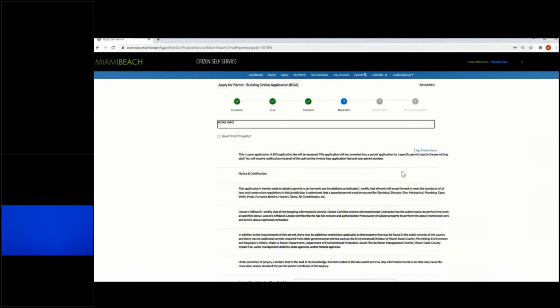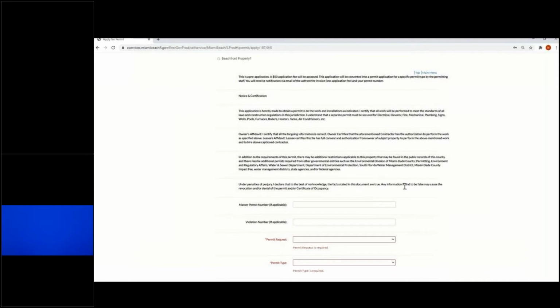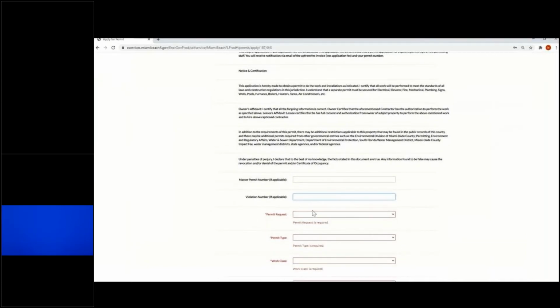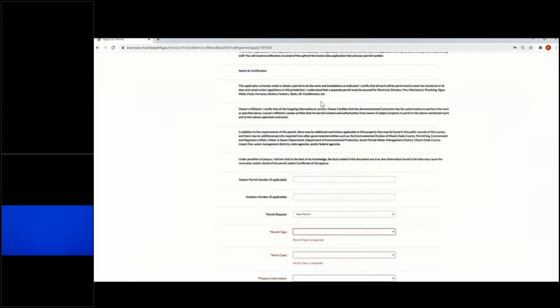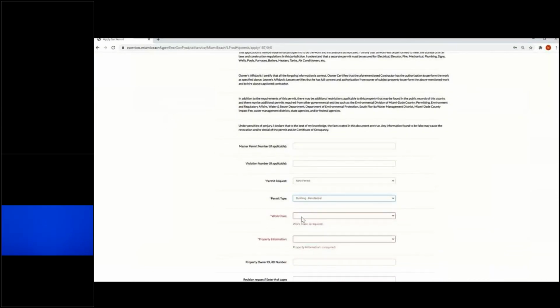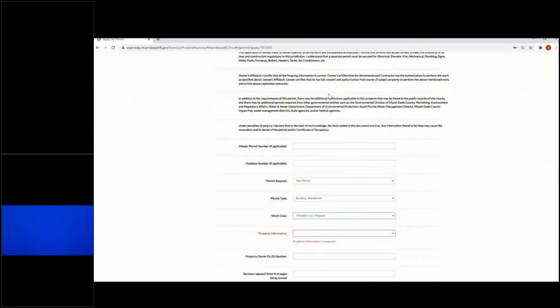Step 4 is the More Info screen. Here you will find notices and certifications that you must agree to, and you must fill in the fields below. Master permit number and violation if applicable, the permit request type, the permit type more specifically, again more specifically the work class, the property information,